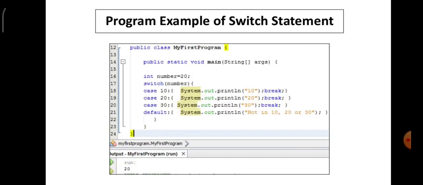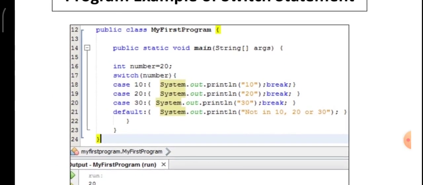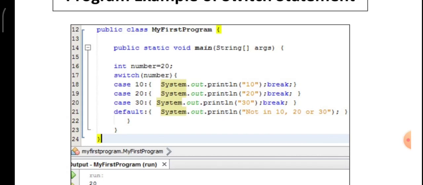Now a program statement is given to you. As it is very clear, you are calling the main method, then number is equal to 20, switch number. Now in that place 20 will come, switch 20. What is case? Case 10 will be ignored because the number you are giving is 20.